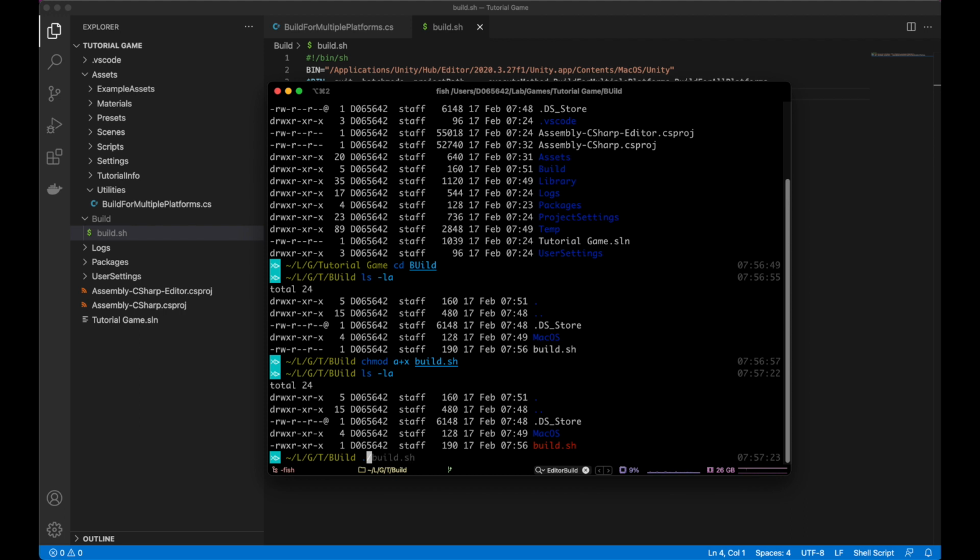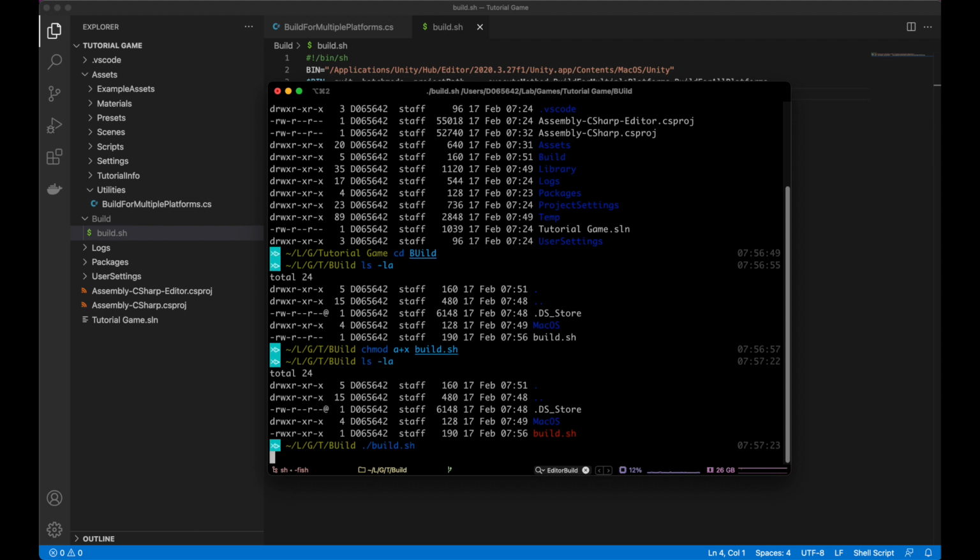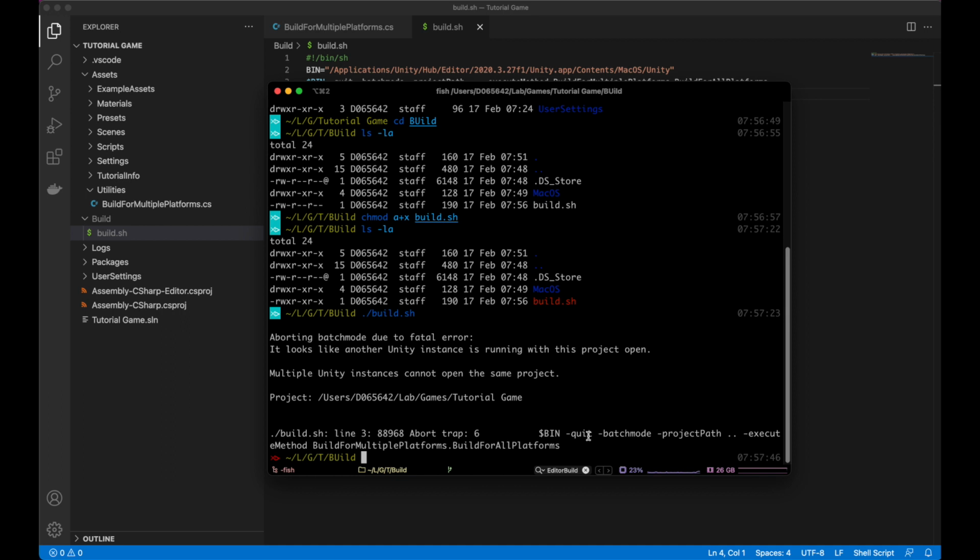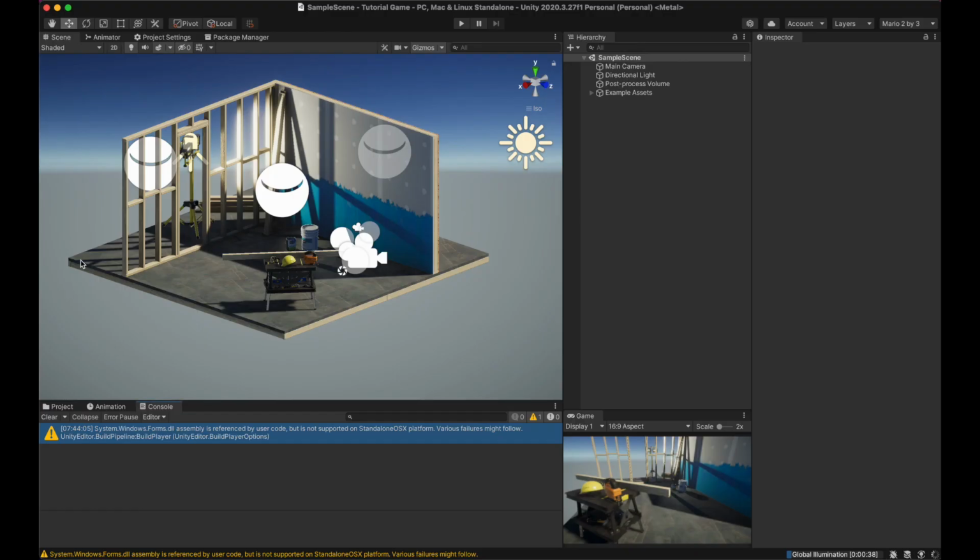So now, by running this script, first I'm going to run it like this, so you see the error. You can see that it complains here that it was aborted because multiple Unity instances cannot open the same project. So in this case, we will have to close this Unity